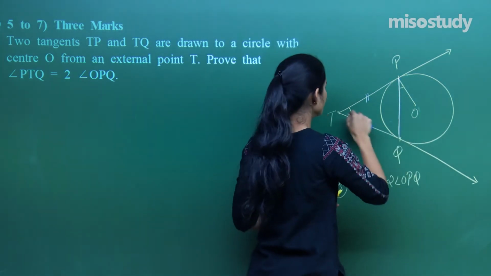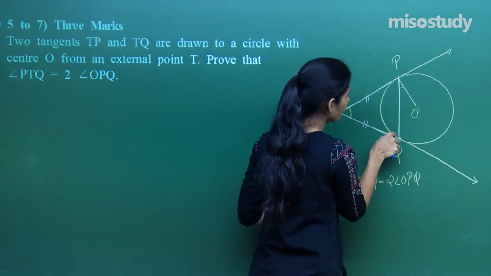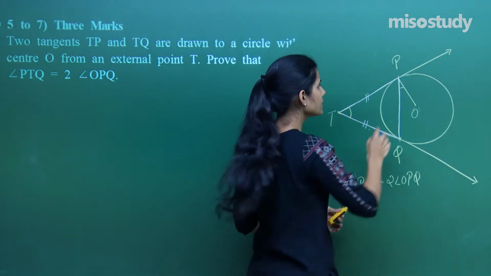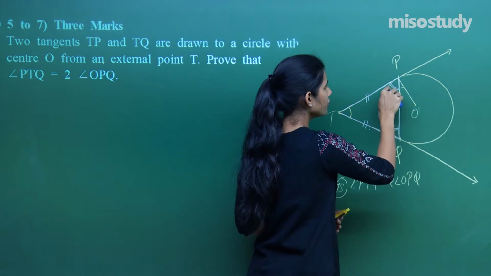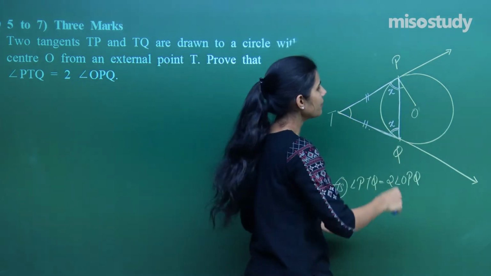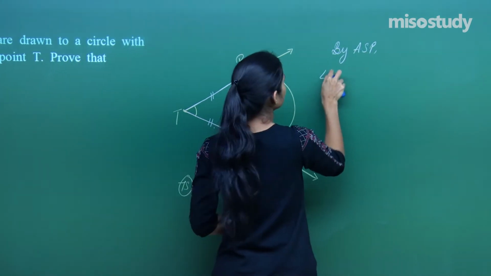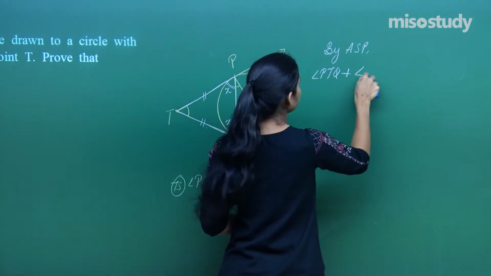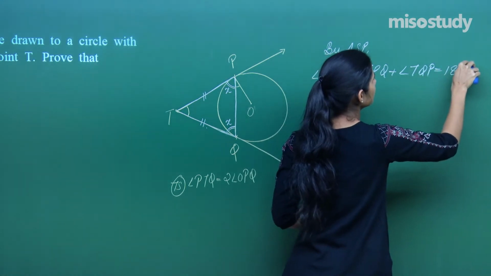Focus upon this triangle, which is this triangle PTQ. Two sides of this triangle are equal and angles opposite to equal sides are equal, so this angle is the same as this angle. Suppose the measure of this angle is x. This angle is the same as this angle, both will be equal to x. Now in this triangle, by angle sum property, angle PTQ